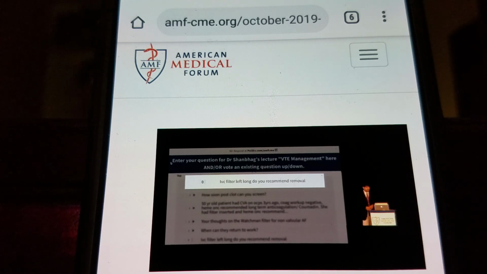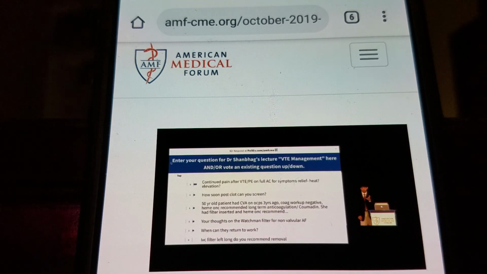So it depends on how good your interventional radiologist is. It can be taken out if it's causing problems, but if you can't take it out and there's chronic problems related to the filter, these filter clots can be absolutely horrific. Then that itself may be a reason to keep a patient on anticoagulation to prevent thrombosis.